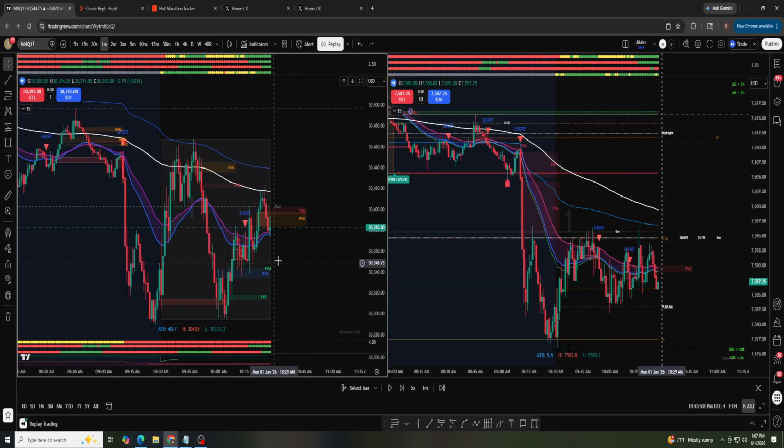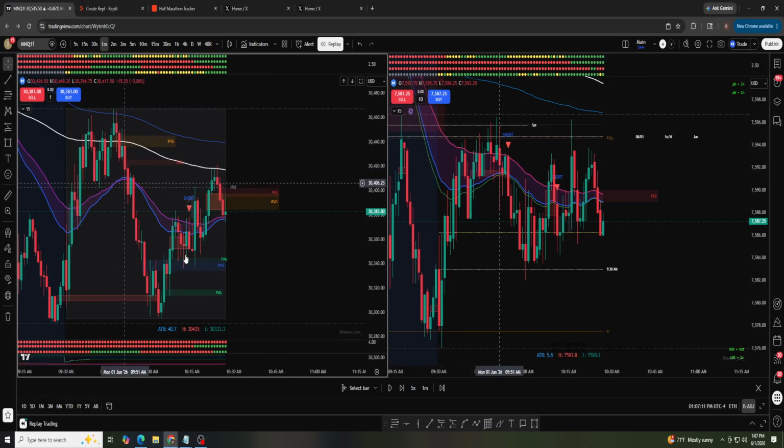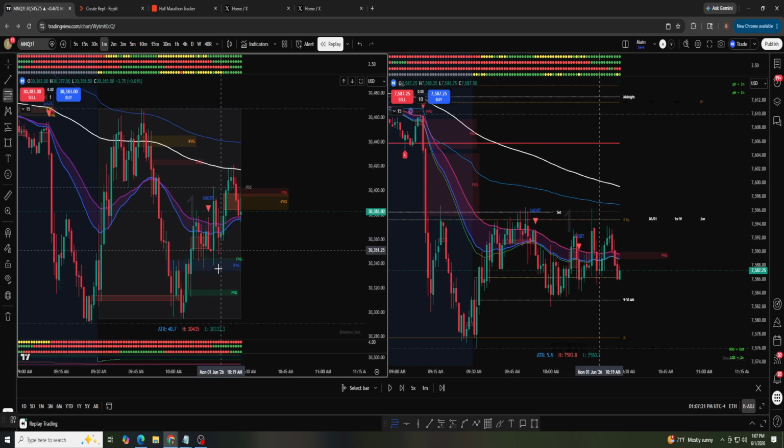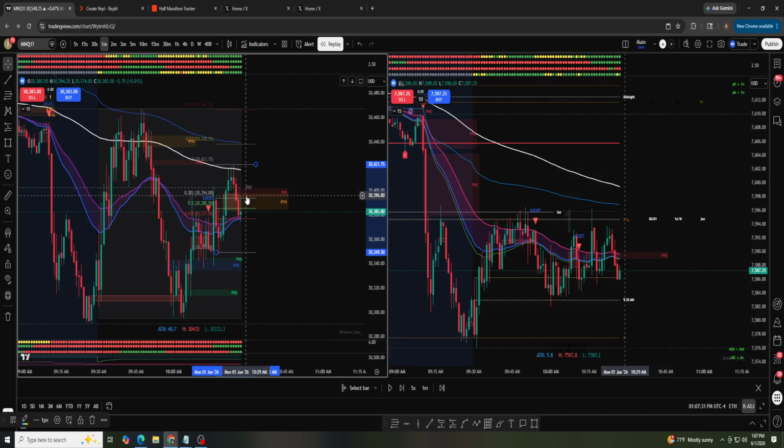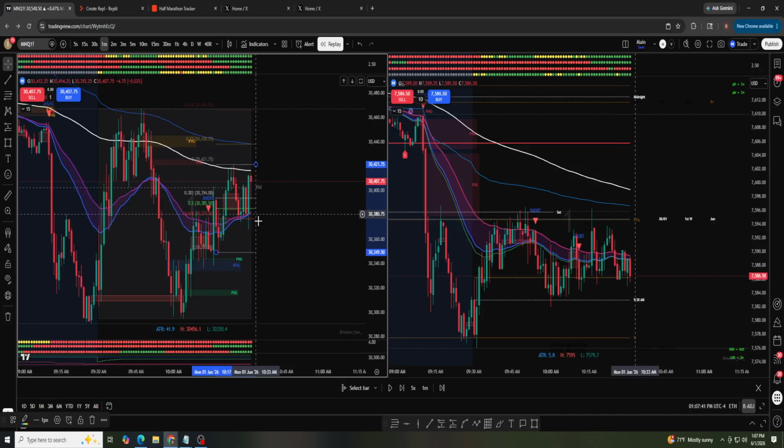And so what I did in this setup, I execute on a different platform. So if I can figure out how to edit videos, it'll be easier to show executions. But very simply, one setup that I look at is just a low that breaks the high, pullback. I entered around this 85 area. I think I took 10 points on half the position, and I was looking for some kind of elongated move higher. So I got my first target hit. This sweep took me out break even,